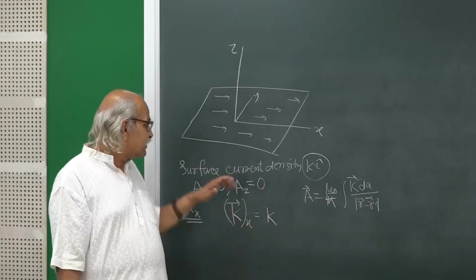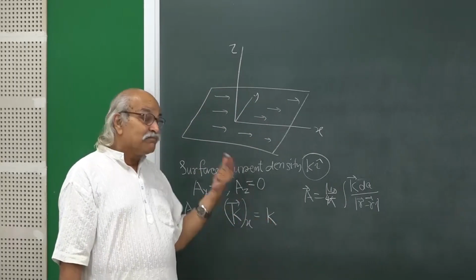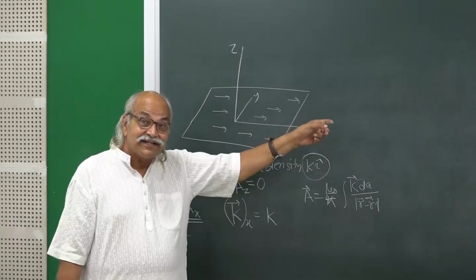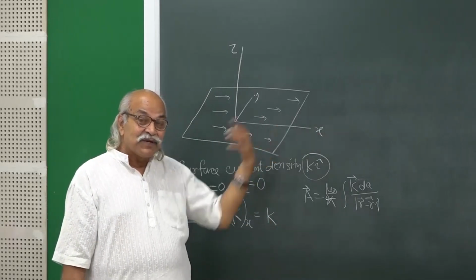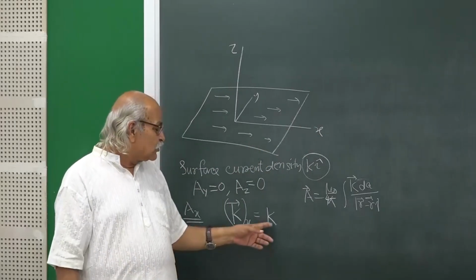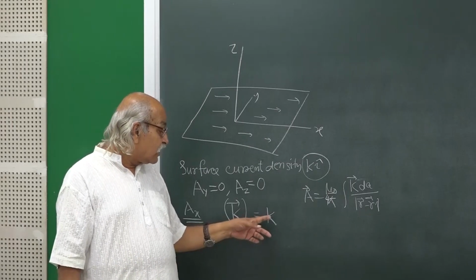Where is this current? This current is only on the surface. So, mentally we are assuming k represents surface current density, but for our mathematics purpose, we are assuming that this represents a surface charge density,